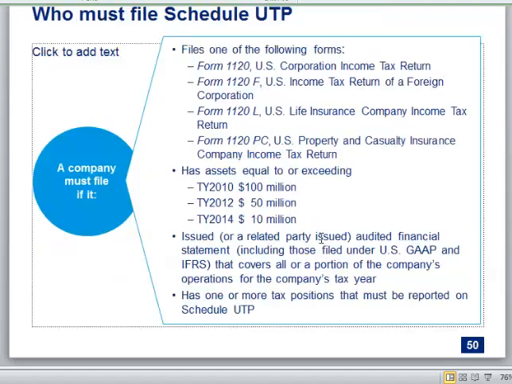Okay, so I'm going to blow through some of these. Okay, so the last thing I want you to know before we go do an exercise is, if you're a company and you decide you need a reserve, okay, you go through recognition, you go through measurement, you decide there's a liability here, I should book it. Now for companies, and this was new starting in 2010 for returns, now you have to file this form called Schedule UTP with your tax return and basically tell the IRS, hey, I booked reserves. So if you were the IRS, you're like, that's helpful. I'm going to focus on those, right? Because you think you're going to lose.